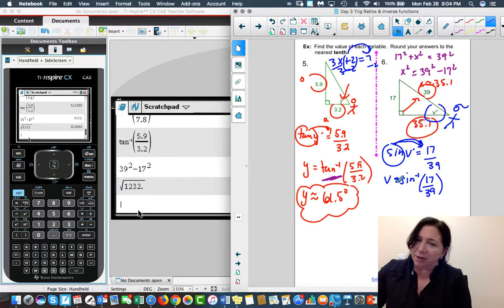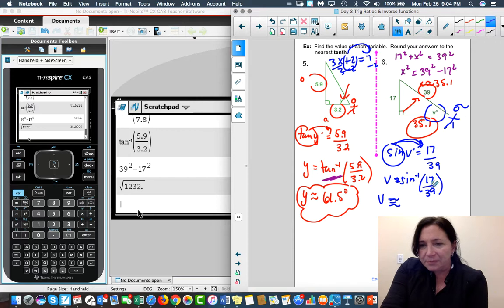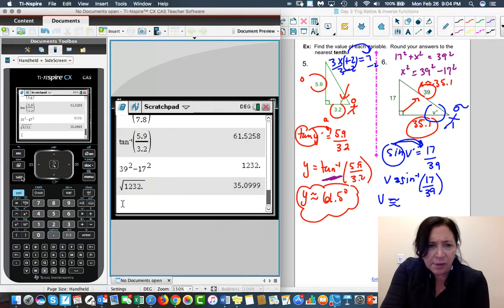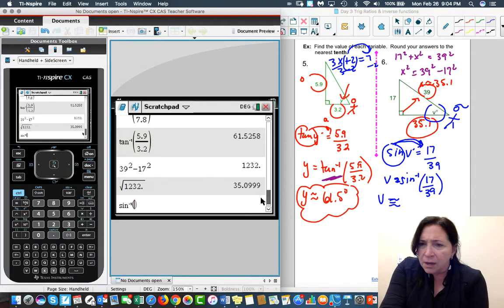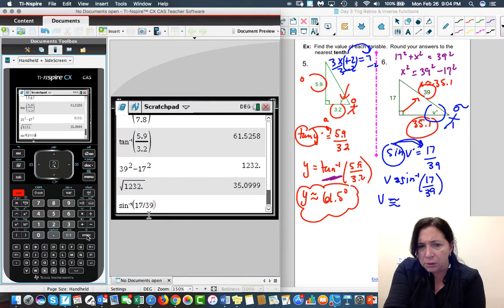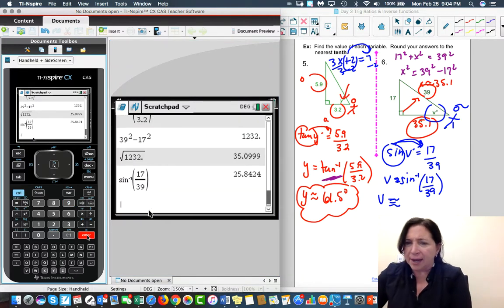Some people call it inverse sine. I call it arcsine because that's the better way to say it. So we are now going to go arcsine of this value. So go here, take trig function, arcsine. We have 17 divided by 39. Remember, I don't have a decimal here, so we need to go control approximate. And so that answer is going to be approximately